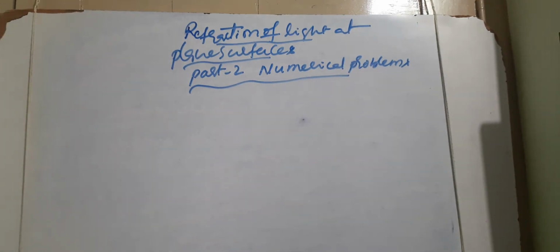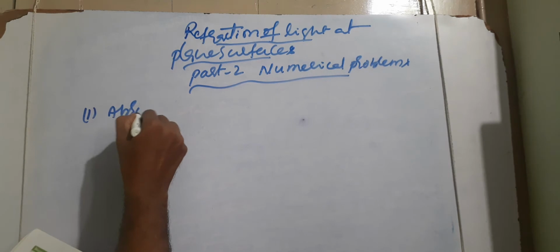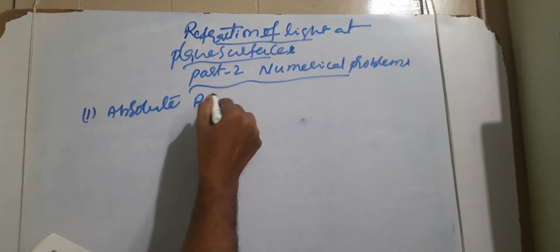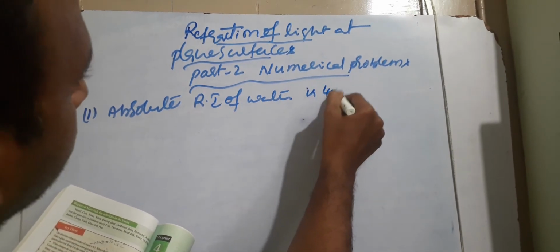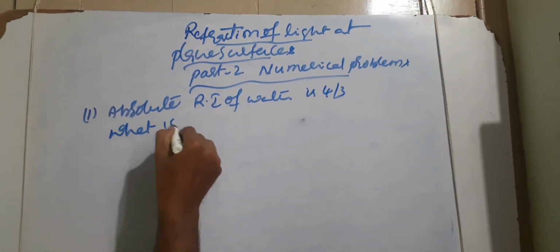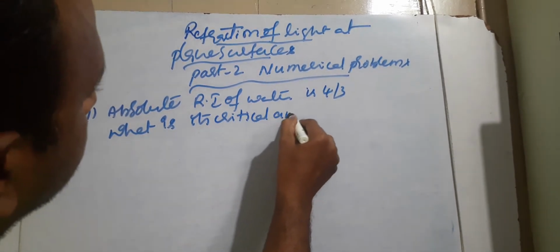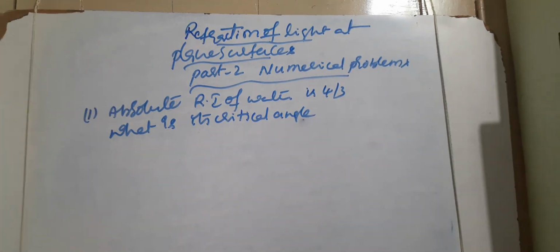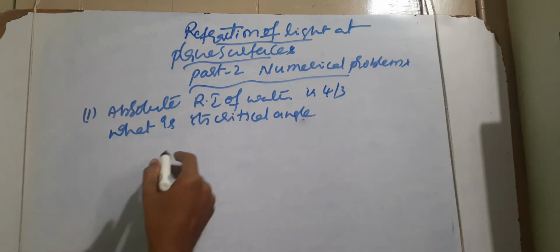So now part 2. The absolute refractive index of water is 4 by 3. What is its critical angle? We want to find its critical angle, students. So this is the question. Solution for this one: